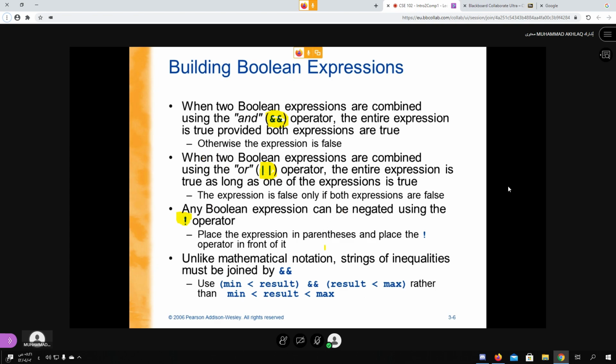For example, if you have to check two conditions, when the minimum is lesser than result and the result is lesser than max, that is, the result is between min and max, then do something. In mathematical form, you can write: result is greater than minimum, lesser than maximum. But in computers, you should write like this. This is the computer form. This is the mathematical form.